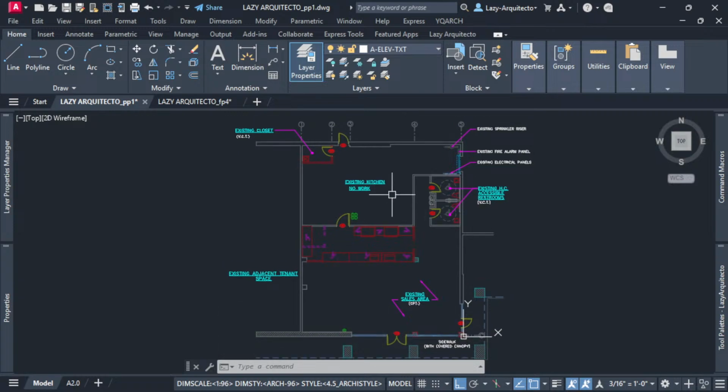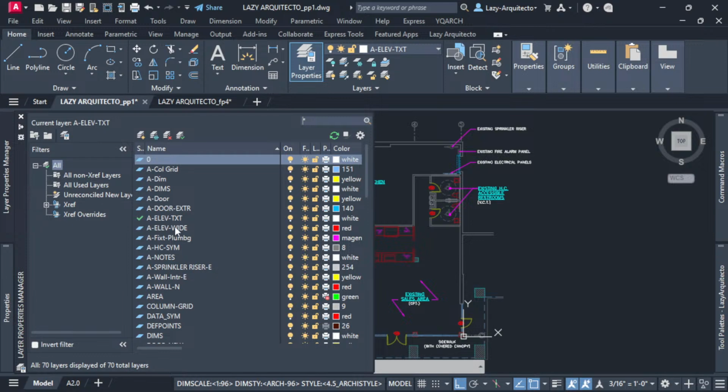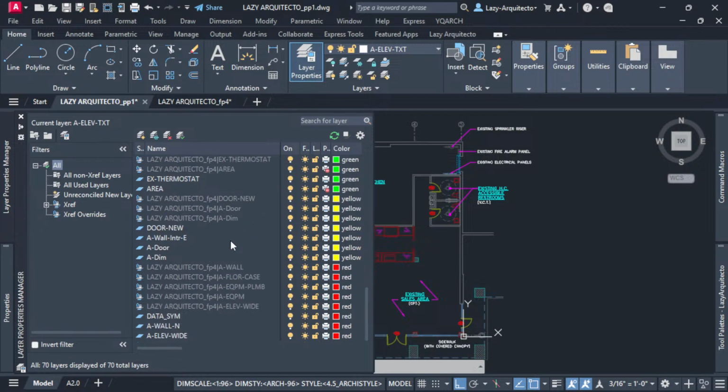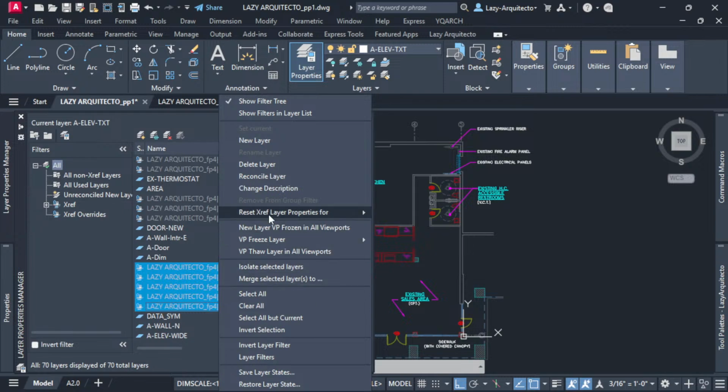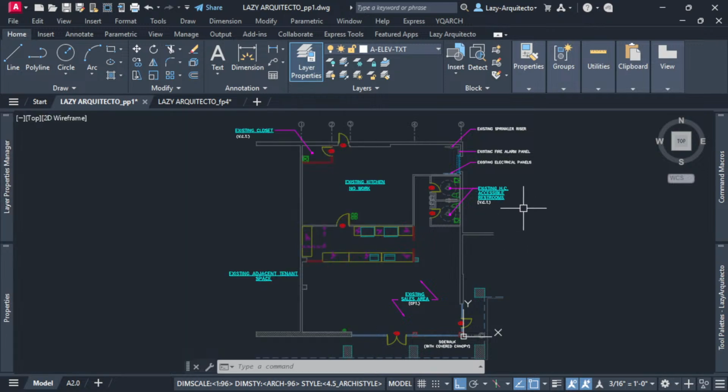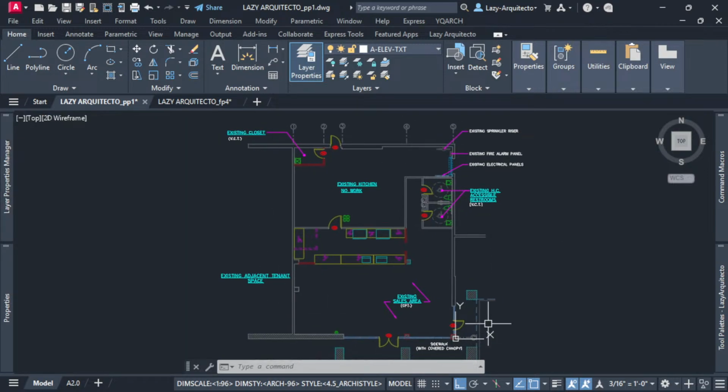And it's time to test our proposed floor plan. In this case, what I'm going to do is revert those layer changes. So I'm going to go ahead and go back to color and again revert some of these layers that we changed. I'm gonna reset XREF layer properties, all properties,